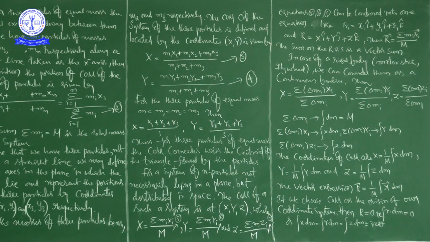After that, the same thing you can generalize by using vector notation, where capital R is the resultant of all the position vectors. After that, there is another situation, continuous bodies, for example a meter stick and a flywheel. Here, it is difficult to apply the process we learned because there are a huge number of particles. That's why we consider the calculus method. We use integration: the summation is replaced by integration. That is what we discussed in this class.